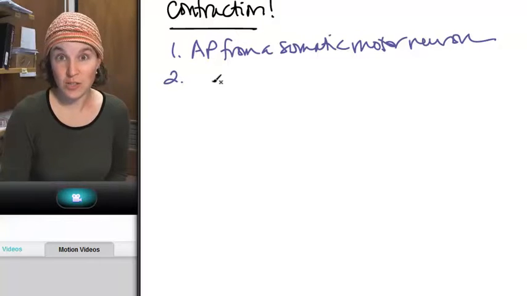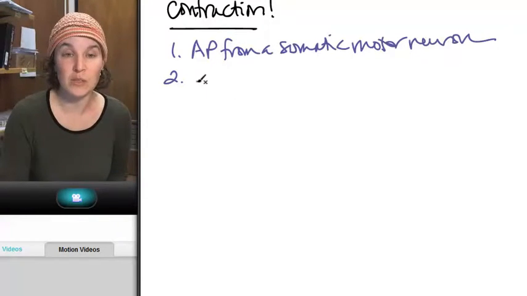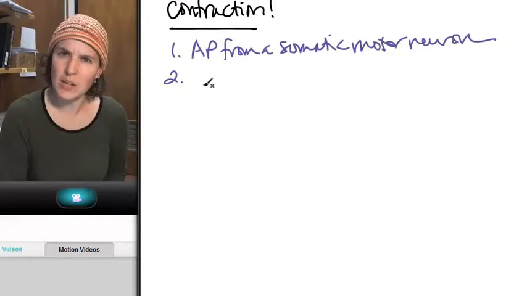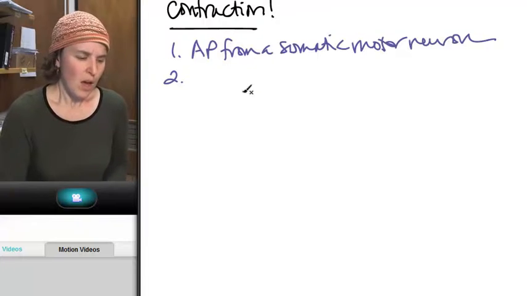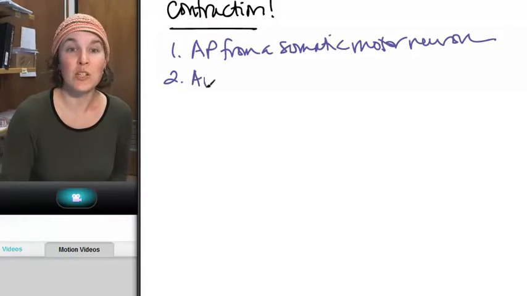The action potential is going to travel into the axon terminal where it's going to stimulate the release of neurotransmitter. I even went into more detail. The action potential